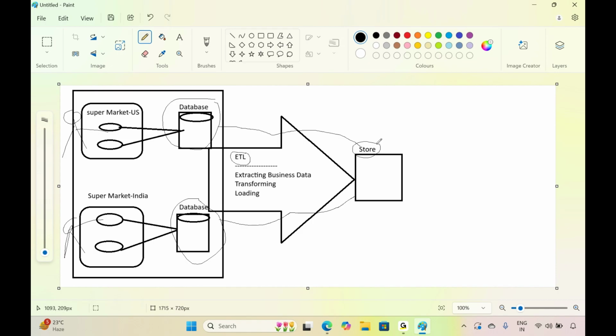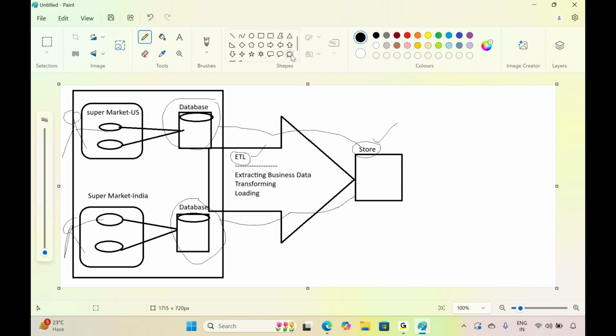Earlier days, we were using some software which we were installing in our local servers. That is called on-premises. But now, Microsoft, AWS from Amazon, and Google GCP, these three companies are providing these ETL services and storage services in a cloud environment.